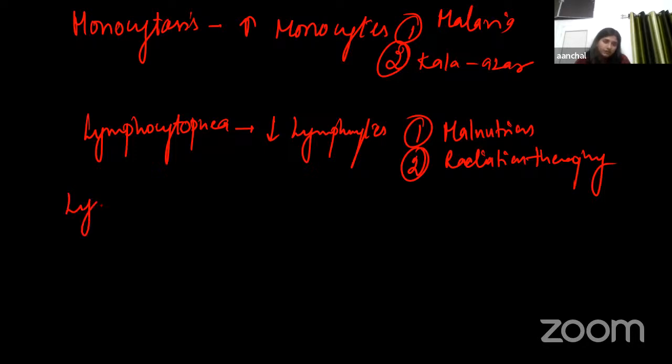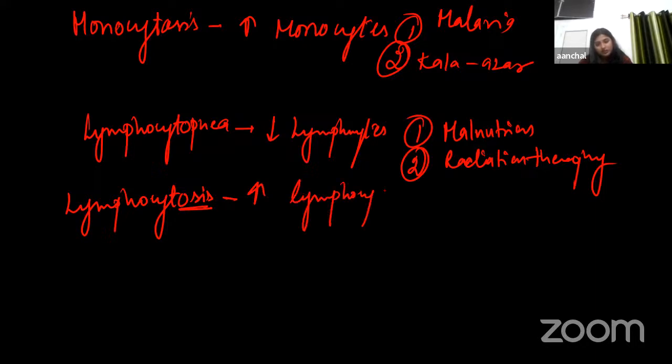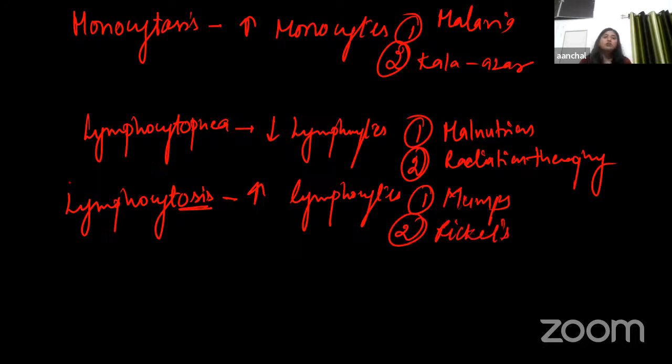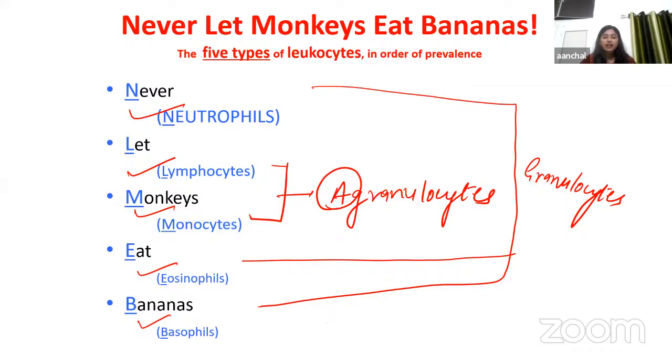And the last we have lymphocytosis. So the terminology cytosis means increase in lymphocytes. And again, the causes could be in case of mumps, in case of rickets. So these are the causes of lymphocytosis. Okay. So this is all about the disorders and the variation that could occur due to these pathological conditions. Okay. Then next we have